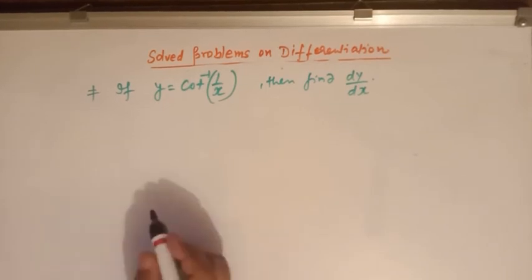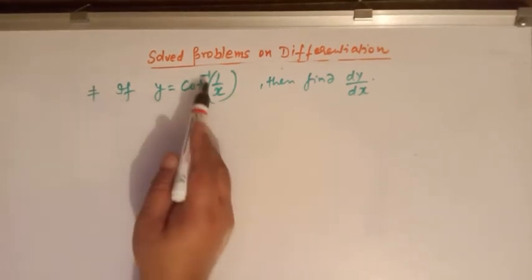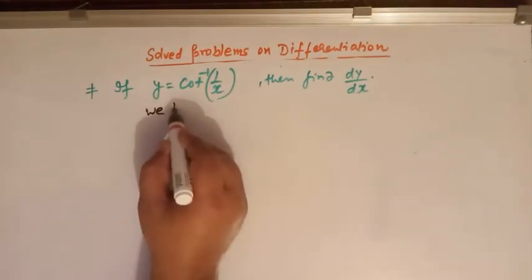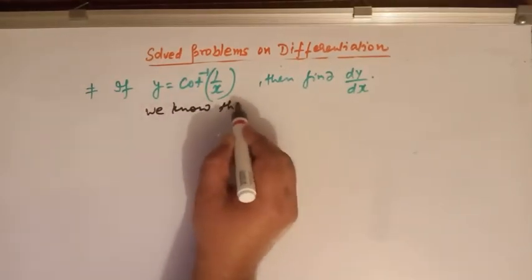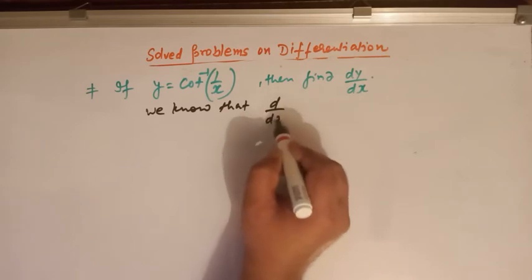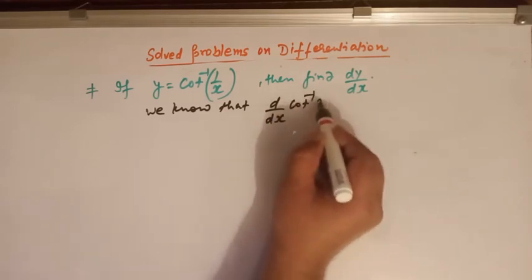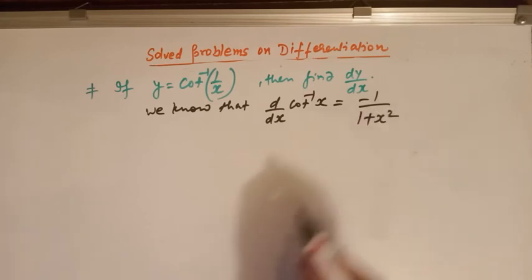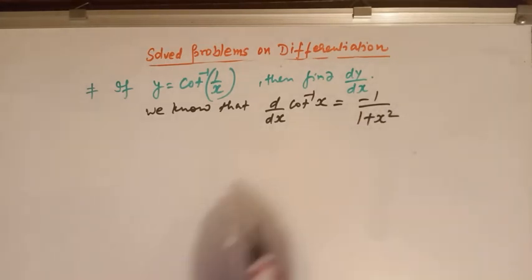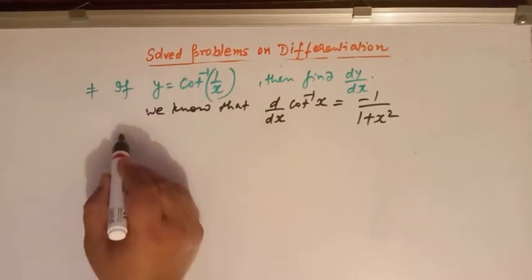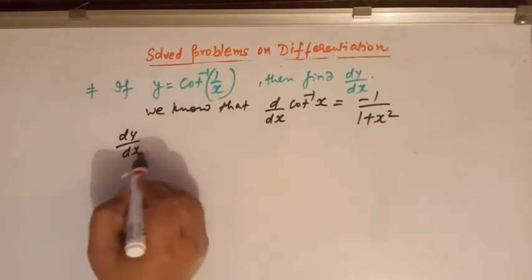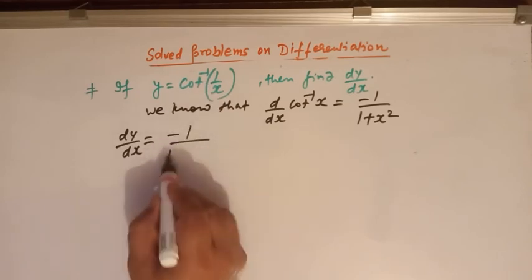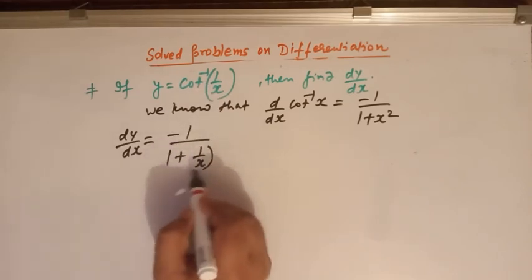Now viewers, let us take this problem. If y is equal to cot inverse 1 over x, then find dy over dx. Now we know that the derivative of cot inverse of x is minus 1 over 1 plus x square. Clear? So here we have dy over dx is minus 1 over 1 plus 1 over x whole